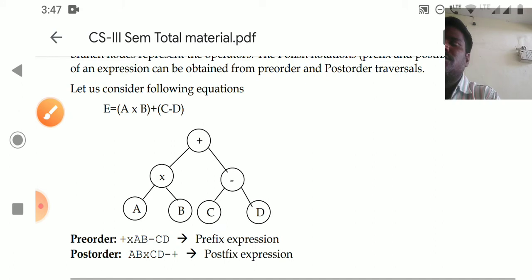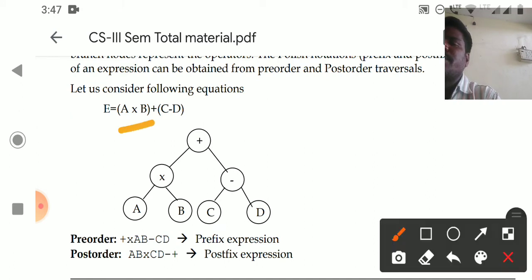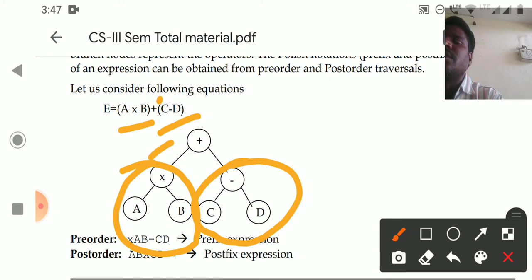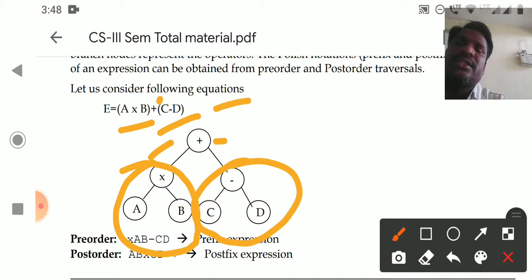So first, for this expression, we have to construct this one. For the bracket expression, we have to construct this expression, so the E resultant has to be added. These both are related to the child node. Like this, we have to construct an expression tree from an arithmetic expression.